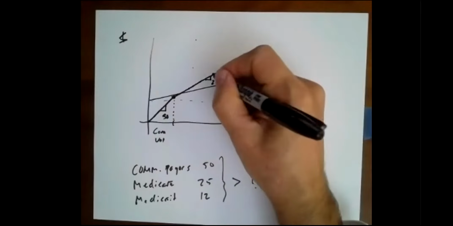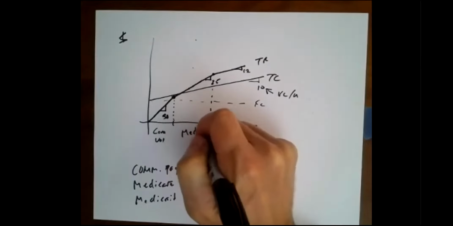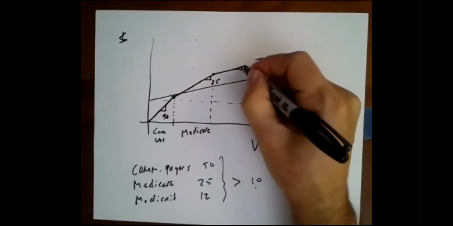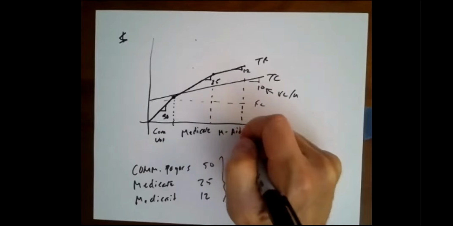So this is our Medicare volume, and then this would be our Medicaid volume,